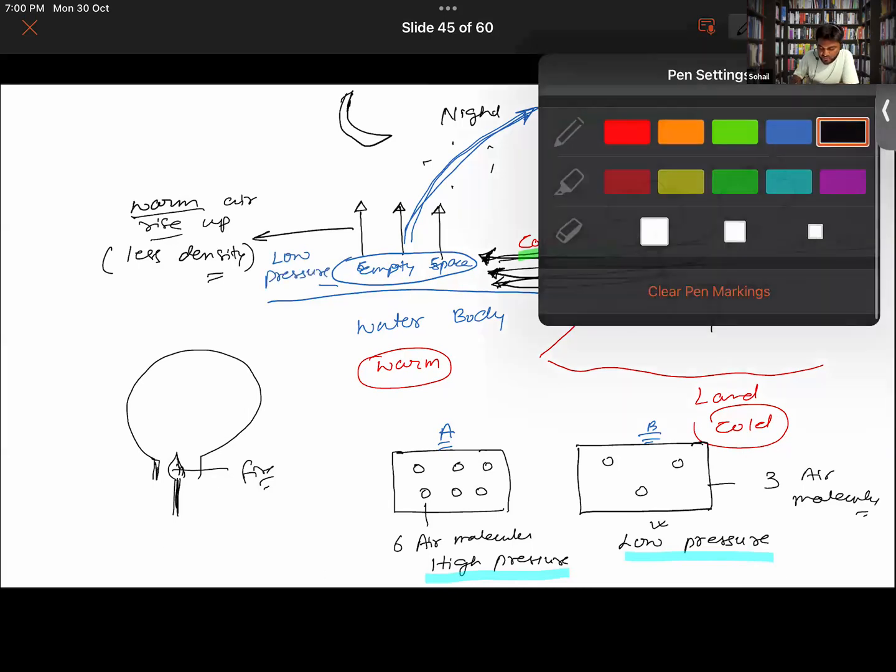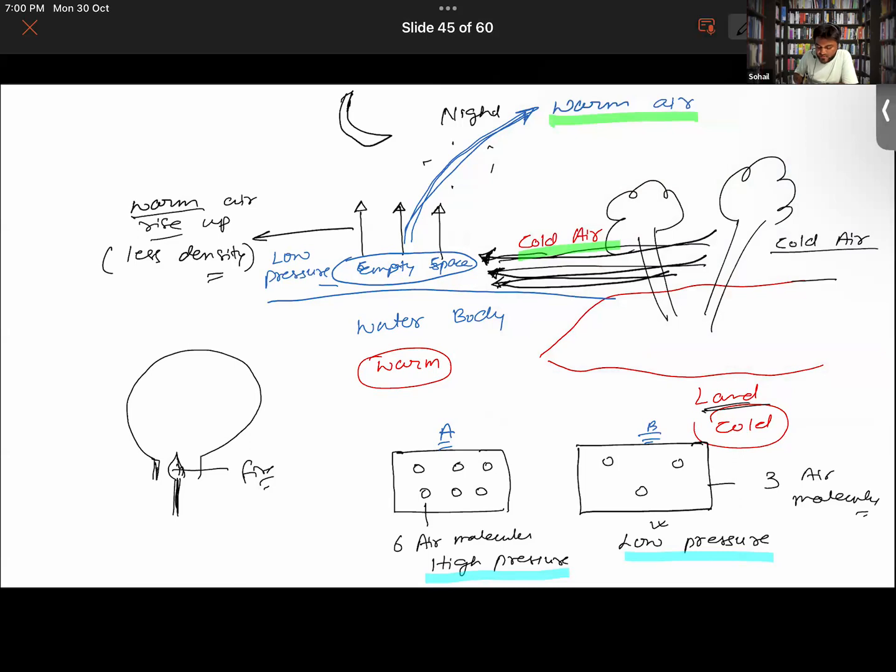Well, if I were to talk about the air molecules present over the land, there will be more air molecules over here because they are not rising up. Cold air molecules are heavier, right, Tehsin and Abdul? Yes, sir. Thereby they will still remain there. That's why they have high pressure over here. So also, can I not say that in the case of land breeze, there is a flow of wind from the higher pressure region to the lower pressure region? Can I also not say that?